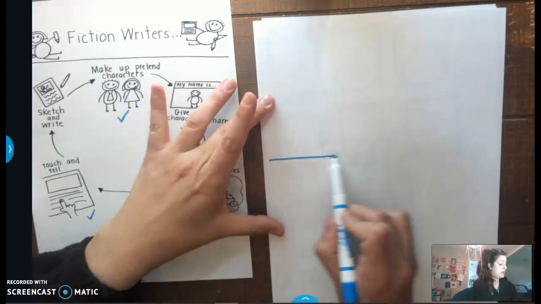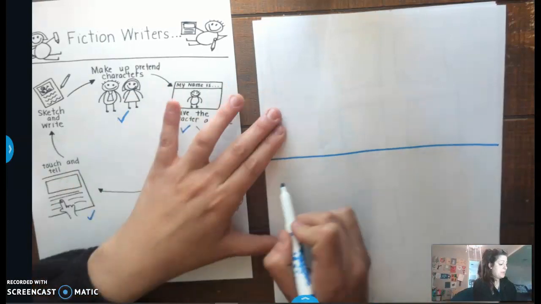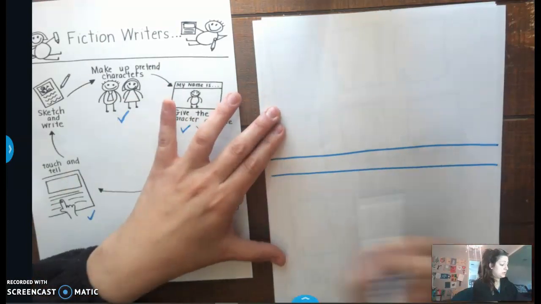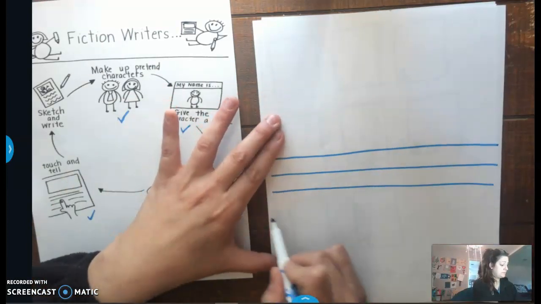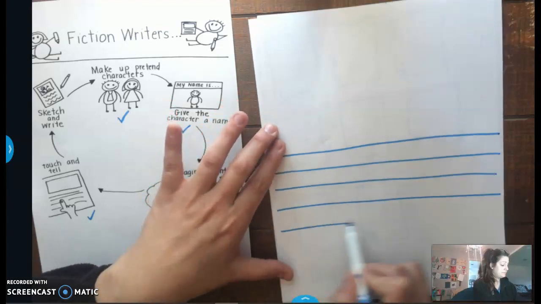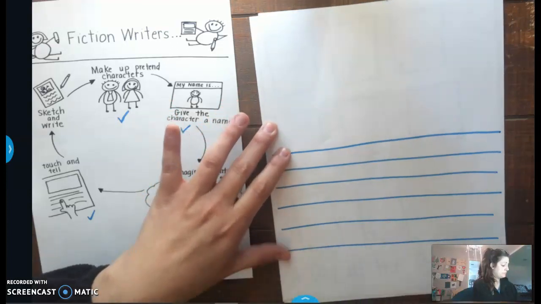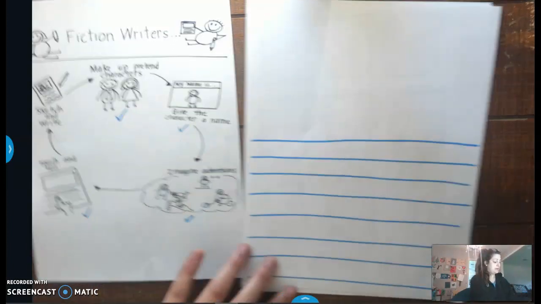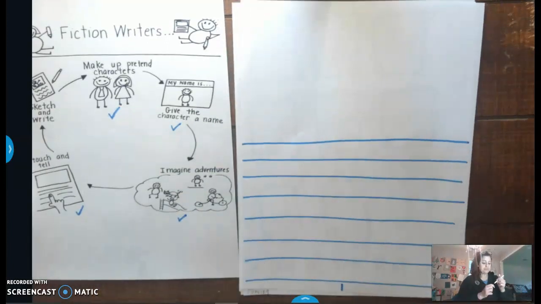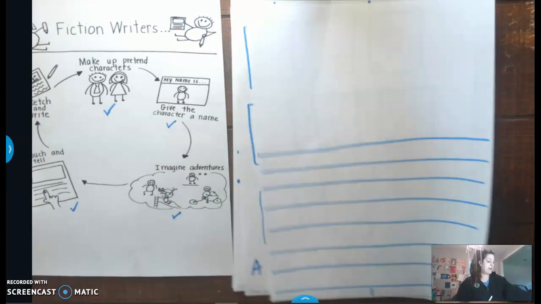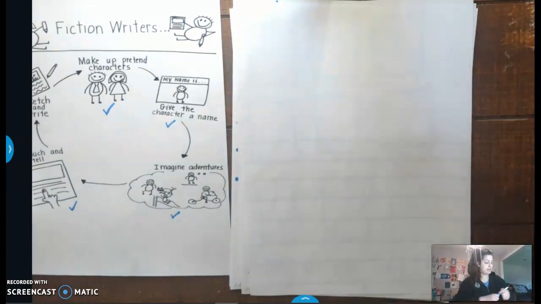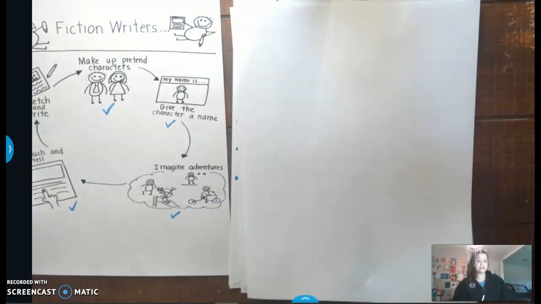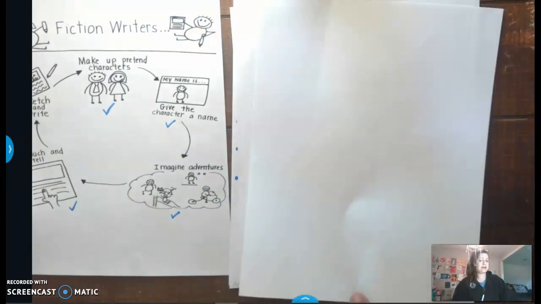Divide it in half for your picture and draw your lines to keep yourself writing straight on the lines. Okay, don't forget to number your pages, front and back. This would be page 2. And just keep adding them. 3 and 4, 5 and 6,